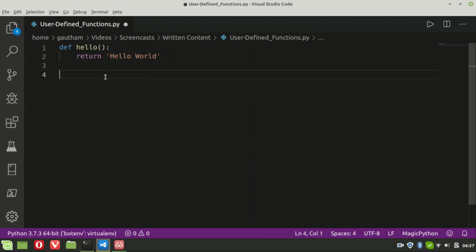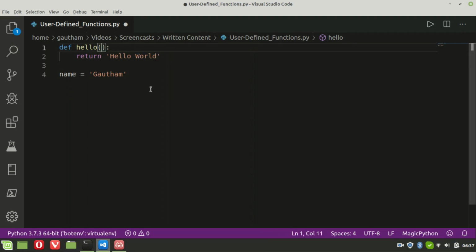For example, I want to send name, because I don't want hello world, but I want hello Gautam here. So what I will do is